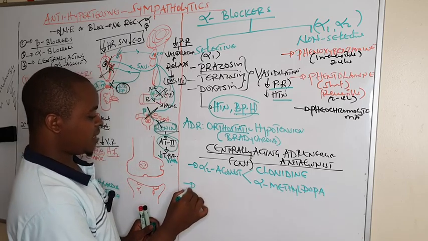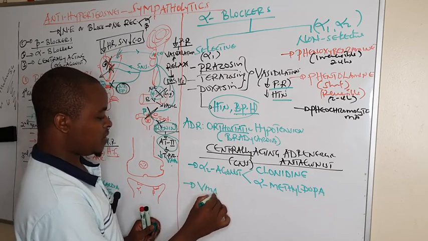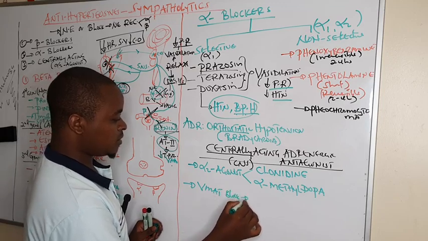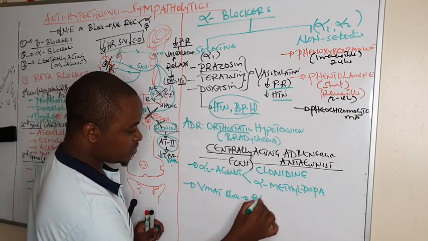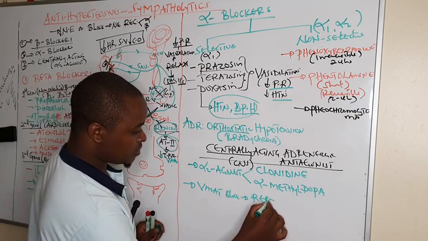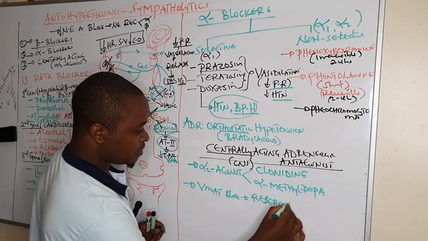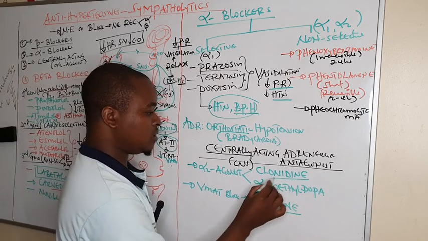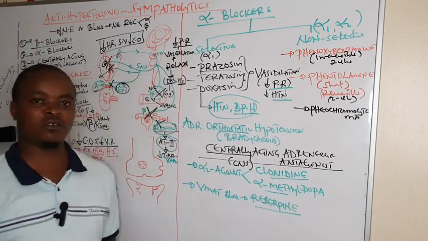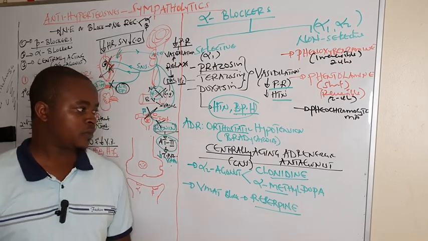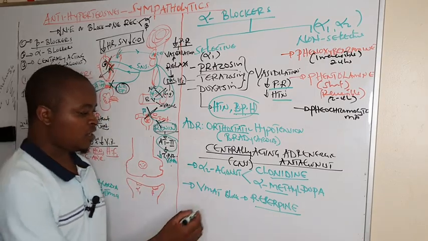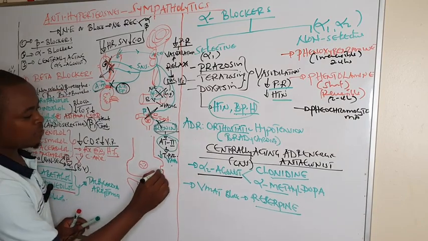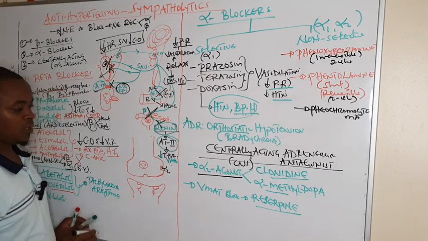Then we have other classes like VMAT blocker, that is reserpine, but which is not commonly used. So the commonly used is clonidine together with alpha-methyl dopa, which is a prodrug. So we are seeing these centrally acting, for example, the alpha-2 agonist, they come and bind on the alpha-2 receptors